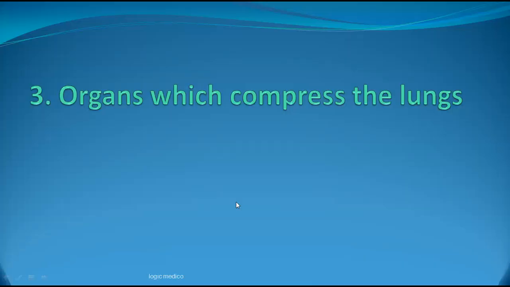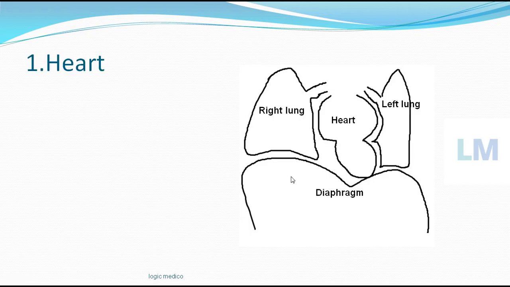Now, which are the organs which compress the lung? That is a third factor: organs which can compress the lungs. Let's understand this. Here you already know this is the right lung and that's the left lung, this is the heart in between, and this is the diaphragm. The heart is retrosternal, though we say it is midline. It's slightly levo-rotated, meaning it's twisted to the left. So you can clearly see that even in the normal position the left lung is compressed by the heart. So the heart is the first obstacle which is compressing the